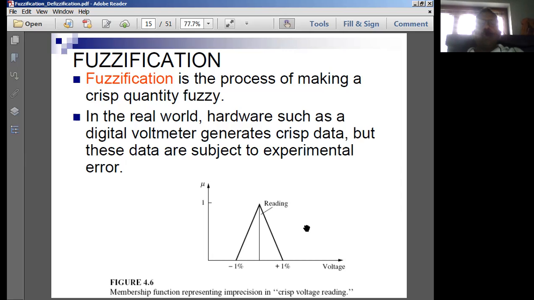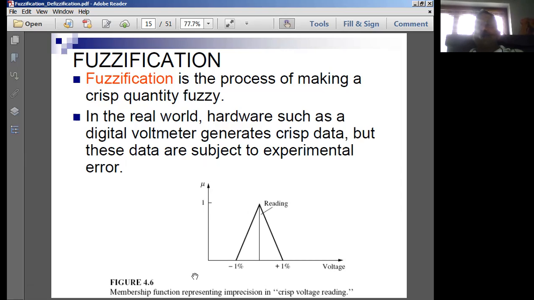So this data, whatever is coming, is normally going to be in the form of a membership function. It is not always going to give you exactly the same data. So when the voltage is the input, the output is going to be given in terms of various values. The readings are going to be various values. These various values of readings, I can simply enumerate as a membership function. So this is the concept of membership functions in the case of a fuzzy set.